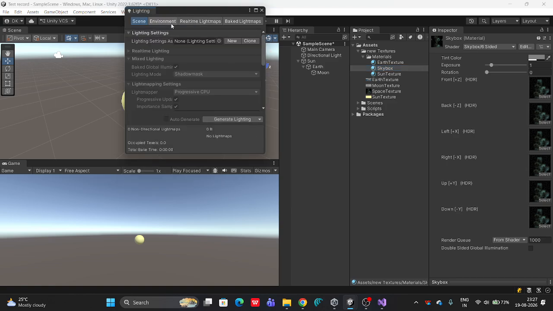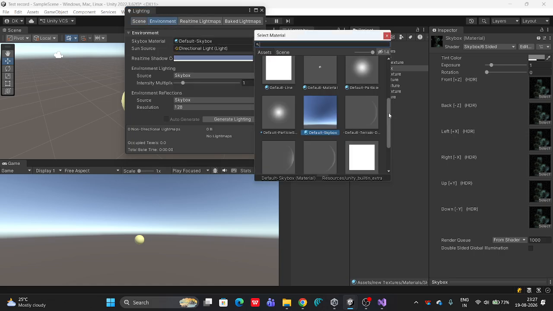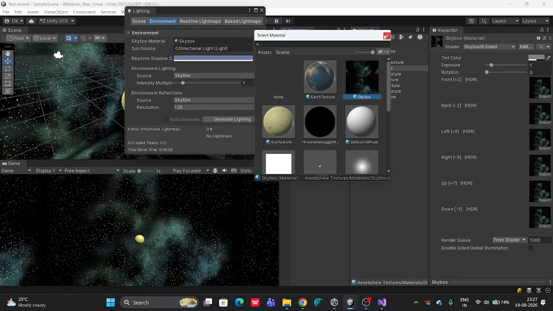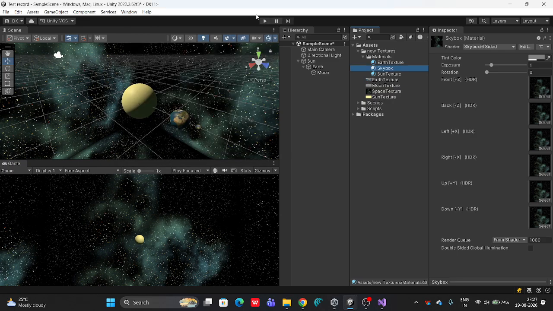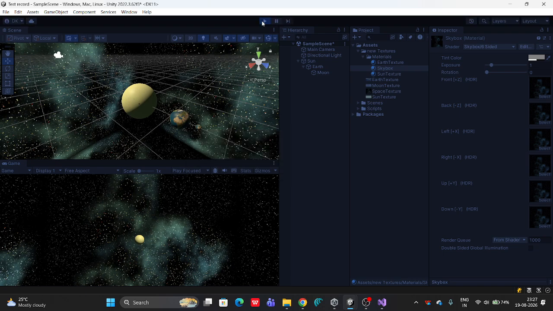Here, in the Environment, I have to assign the material which I have prepared here. I'm going to assign it here to the Skybox. So if I just click this, I get this environment now. If I check this,